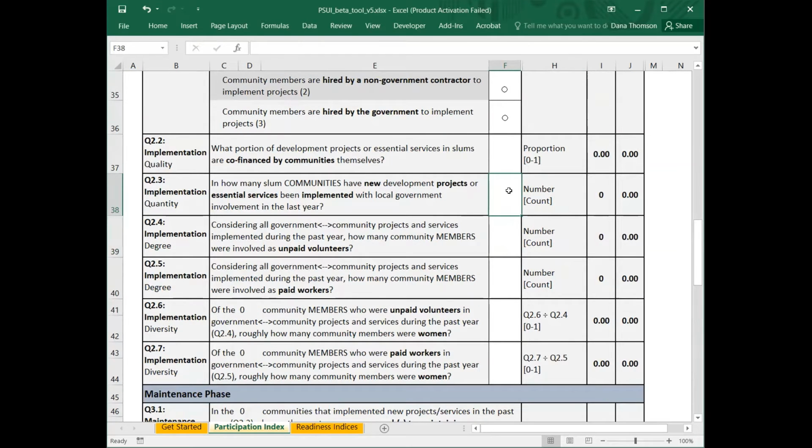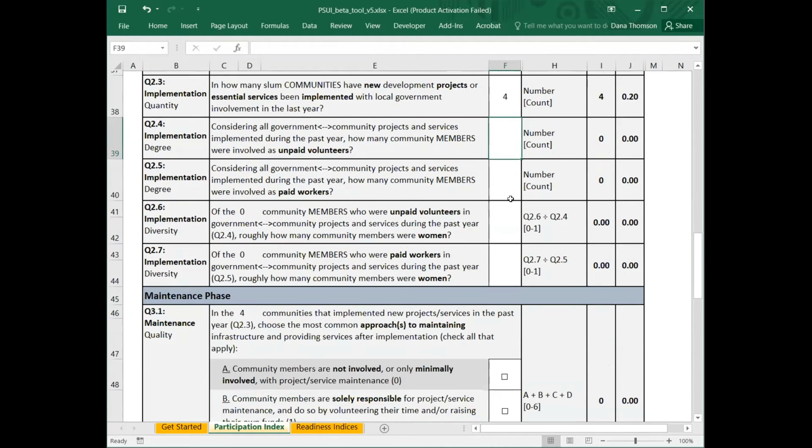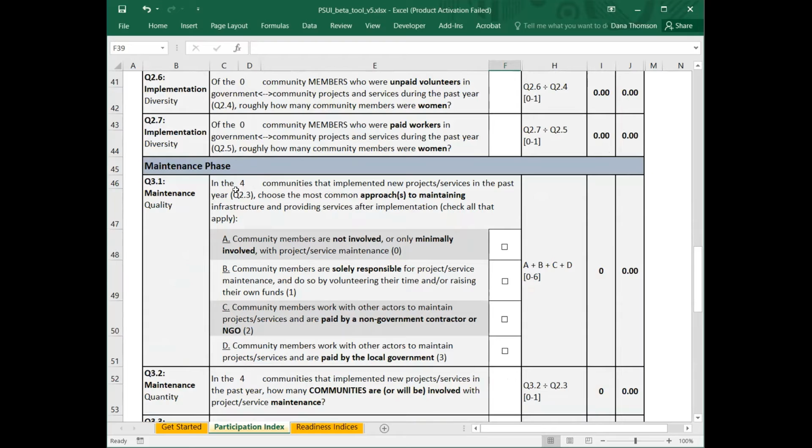Now I've scrolled down to question 2.3 to show you that when you enter values for some questions, for example, I've entered the value 4 for the question, how many communities have new development projects or essential services been implemented? So this number 4 is actually going to show up dynamically in other questions. For example, in 3.1, the question reads, in the 4 communities that implemented new projects or services in the past